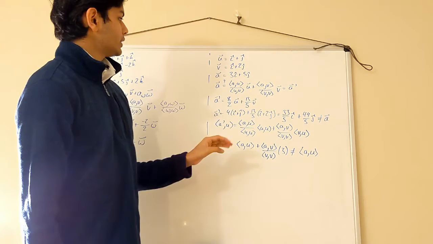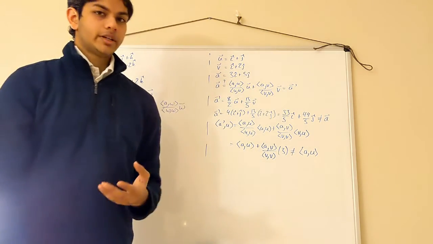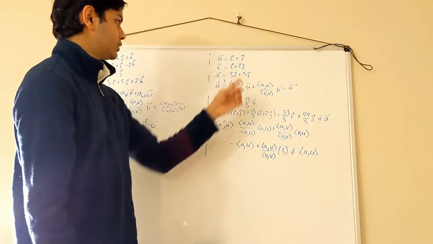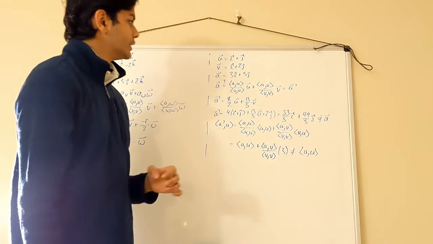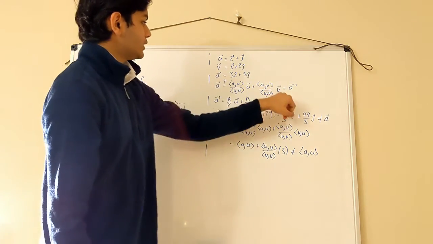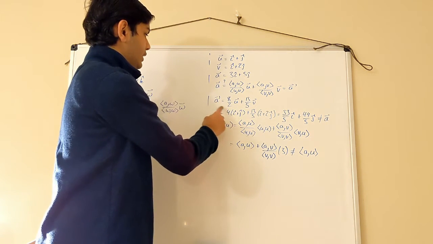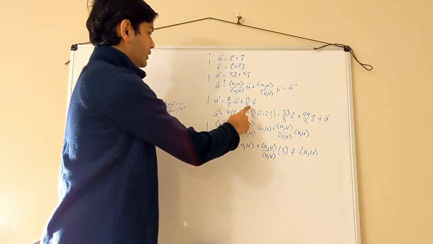So what we want to do is multiply it as some coefficient times u plus some coefficient times v. And so if you know some linear algebra, you know that that's always possible since these two form a basis of two-dimensional space. However, these coefficients will end up being wrong. And so we're going to call this vector here a prime. So when you do out the calculations, you find that a prime is 8 halves u plus 13/5 v,